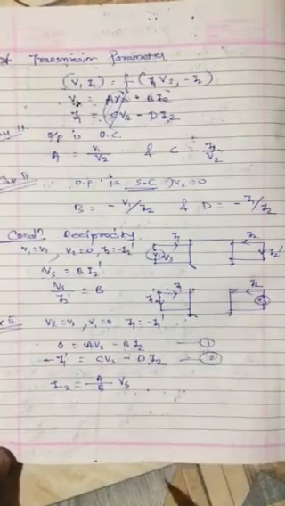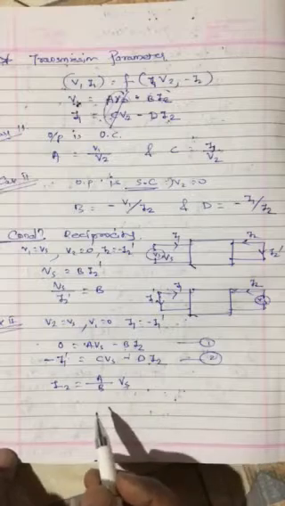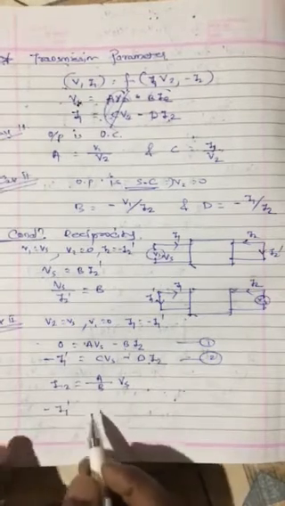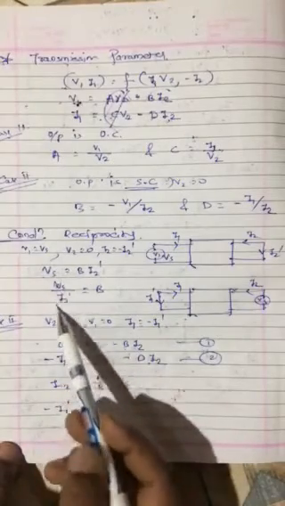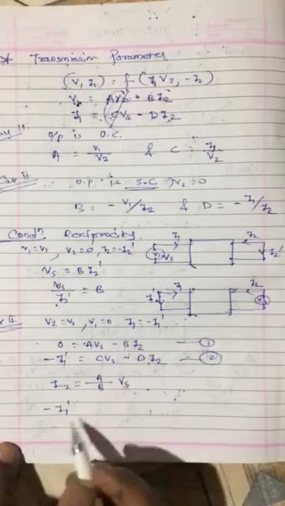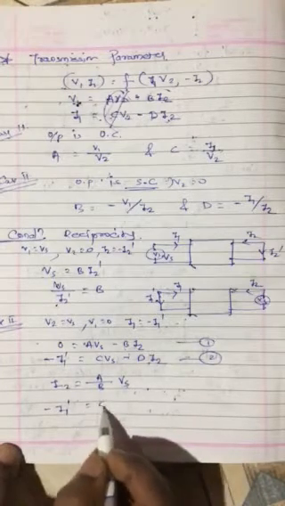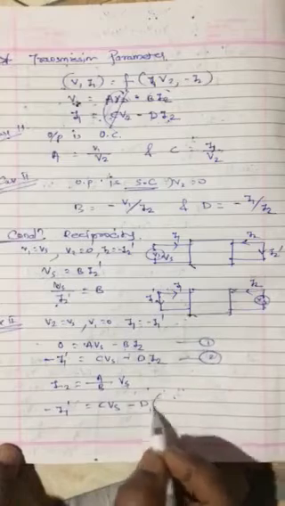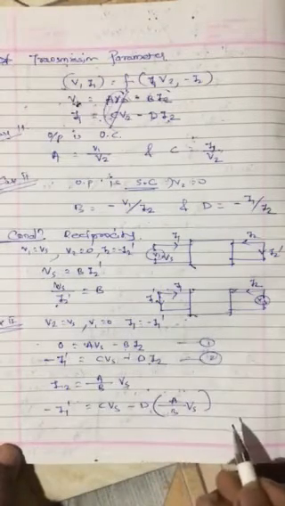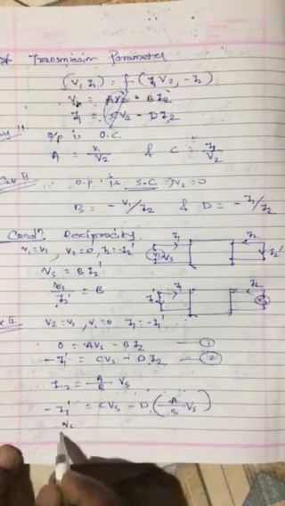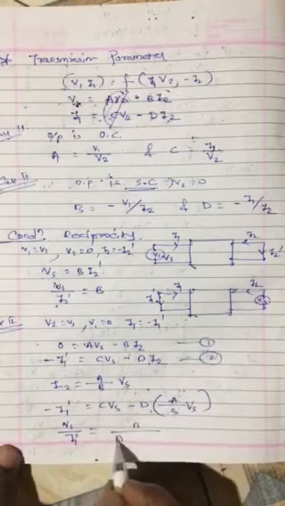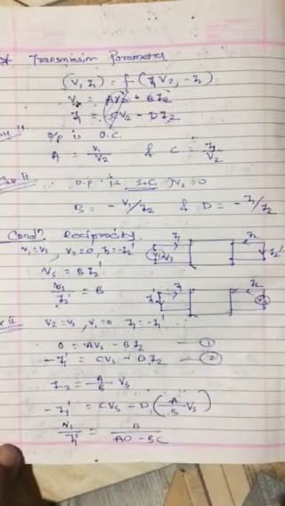Now I will put this I2 in equation 2. This is not straightforward, so we have to do all this. In the previous case we were not doing this. Otherwise we will not get the ratio, and in the second equation it is not easy to get it. Minus I1 dash equal to C Vs minus D times A by B Vs, right? Now when you solve this, you will get Vs upon I1 dash equal to B upon AD minus BC.